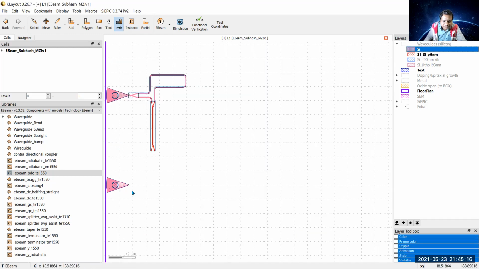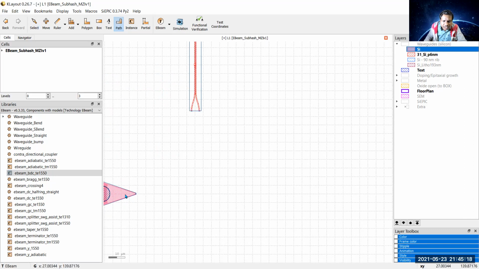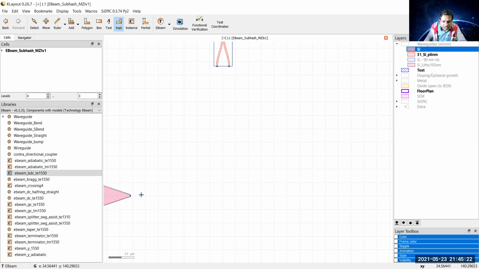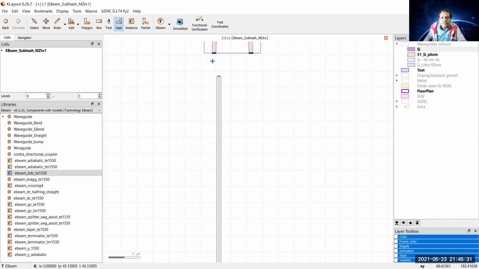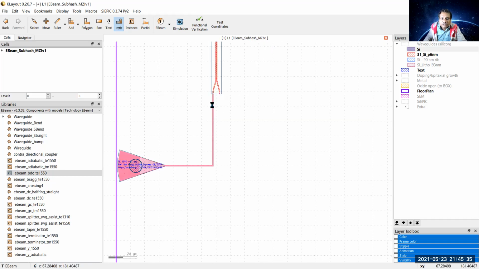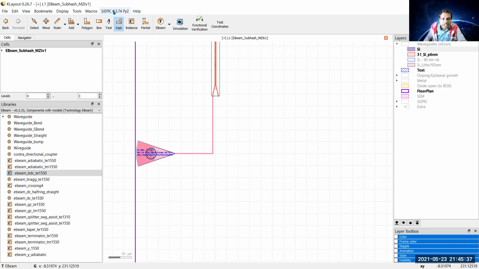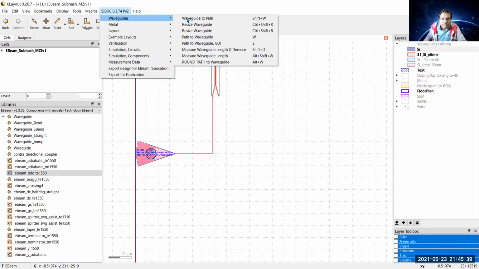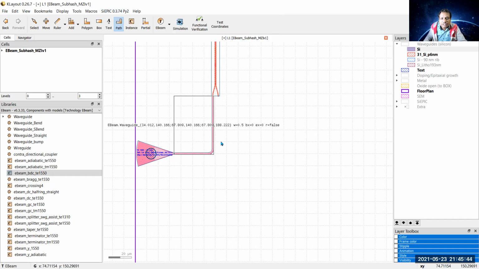Now connect this grating coupler to this port, which will work as output 1. Click here to get it, and after that just leave it near this port. Double click. After that go to SiEPIC to make a connection from path to waveguide. So it has connected here.